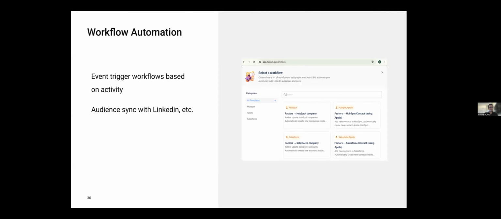And once you have these segments, now that you know who are the ones actually interacting, what they are looking for, and in what stage of the journey they are in, you can trigger workflows on top of these segments.